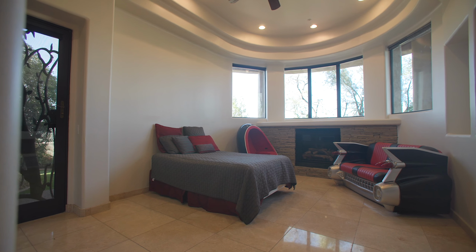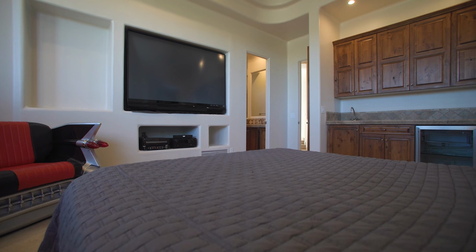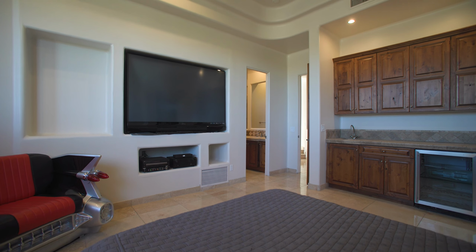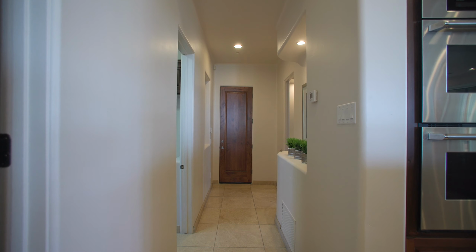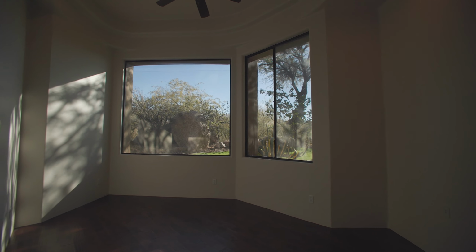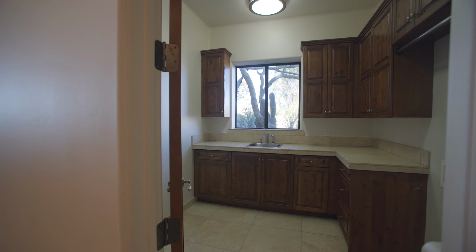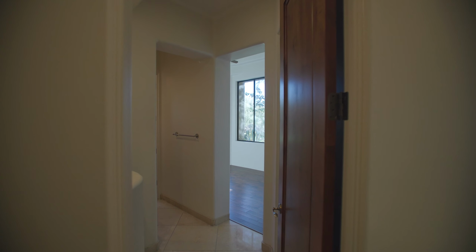Number 4, flexible living spaces. This home offers 3 additional split ensuite bedrooms that give everyone their own private space, including an attached guest casita, perfect for multi-generational families living under one roof, or more space for a home office, playroom, or even a second